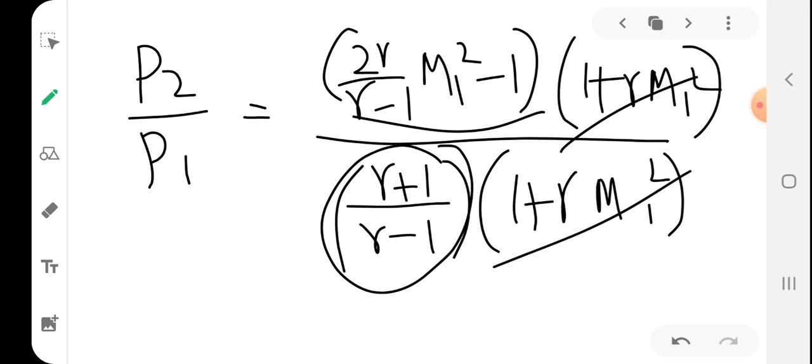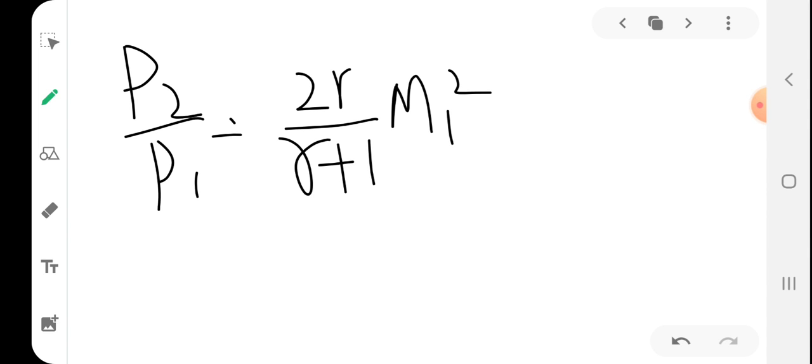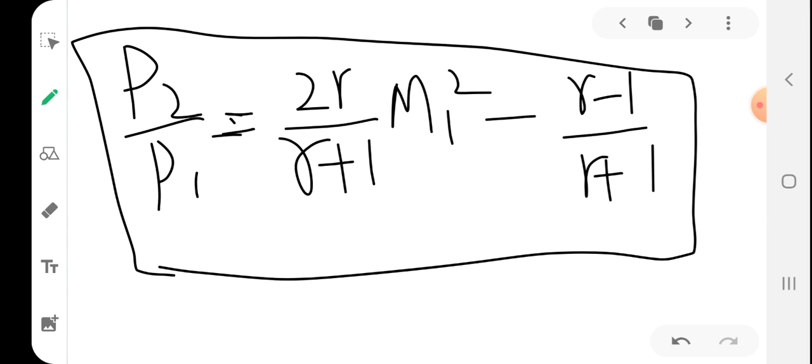I think this gamma minus 1 cancels here, and what remains is P2 by P1 is equal to 2 by gamma plus 1 M1 square minus gamma minus 1 by gamma plus 1. So this is the equation for pressure ratio across